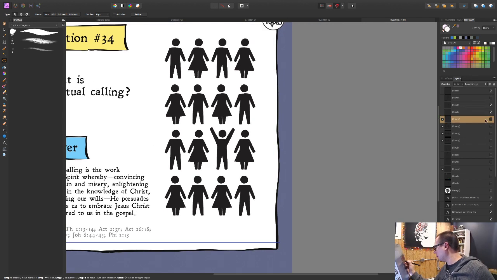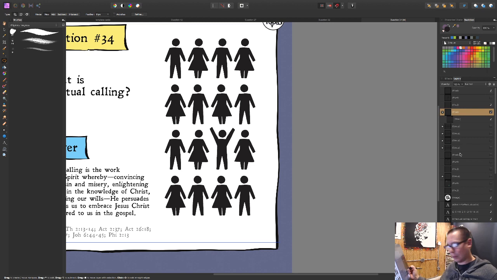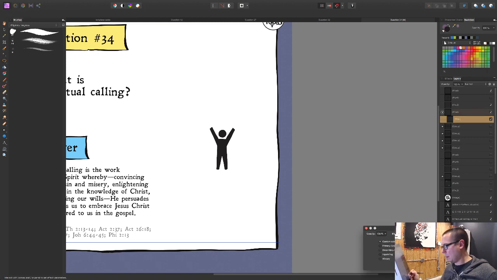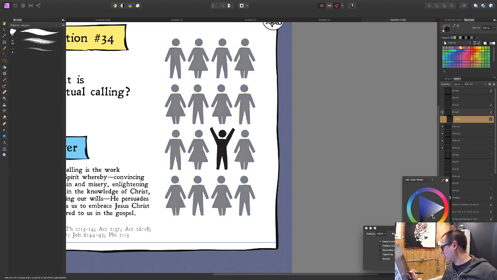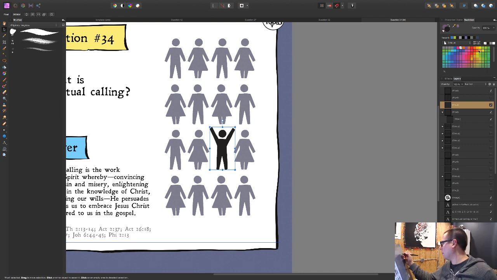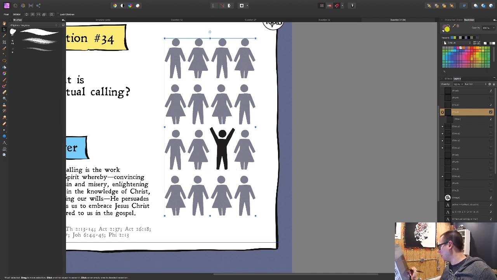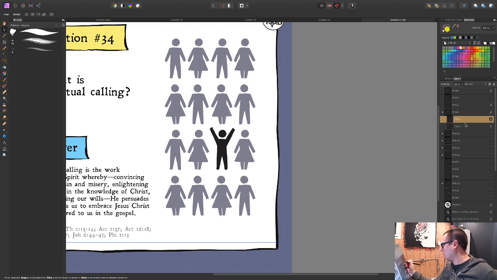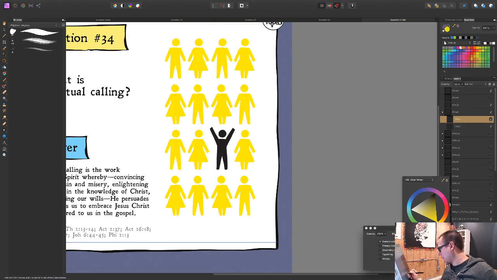All those ones are gonna be like that color. And this one, what's a bright color we can make him? Maybe yellow? Or should we do green? Let's try a couple different things here.